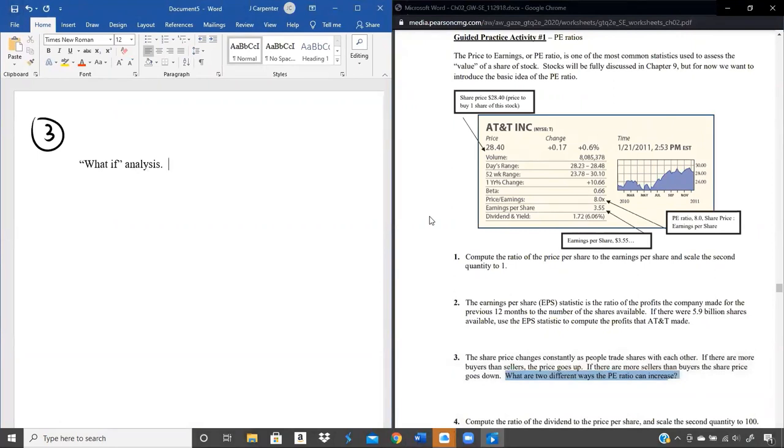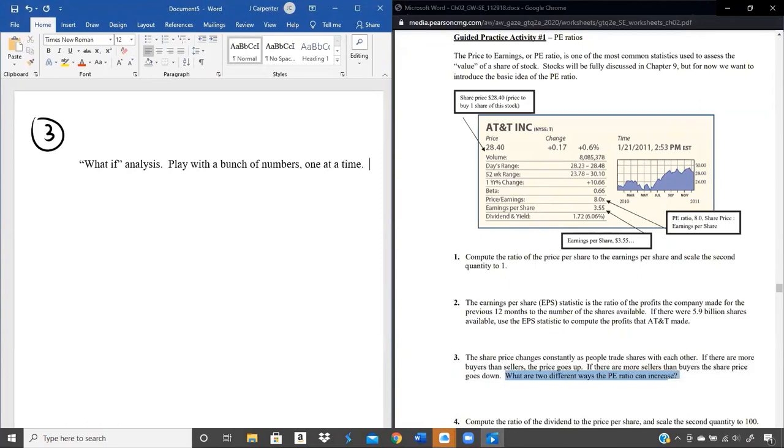Hey, if you're this weight and this height, what's your BMI? If you're this height and this weight, what's your BMI? It's the same idea as when we had that car loan where you're looking at 5, 6, 7, 8, 9, 10% loans and taking that loan for 1, 2, 3, 4, 5, or 10 years or whatever that range was. If you do this, what happens? If you do that, what happens? So we're just going to play with a bunch of numbers